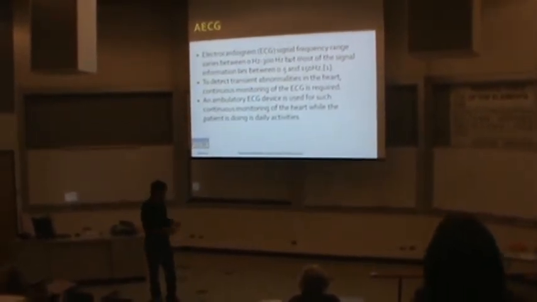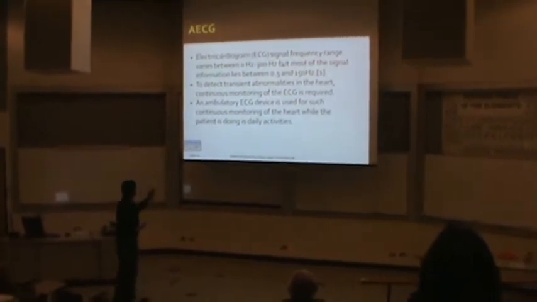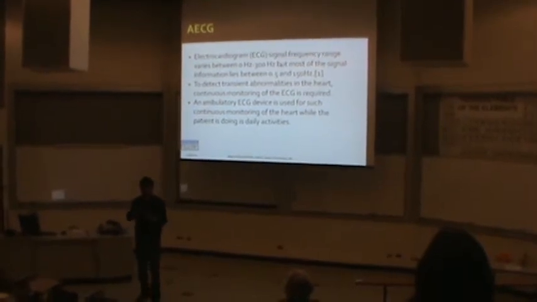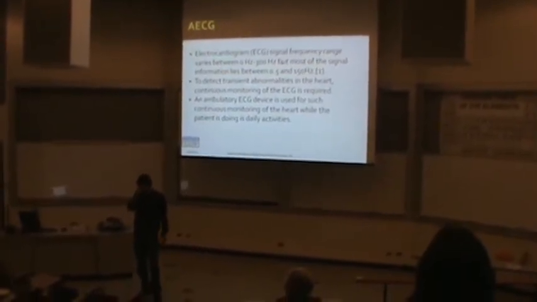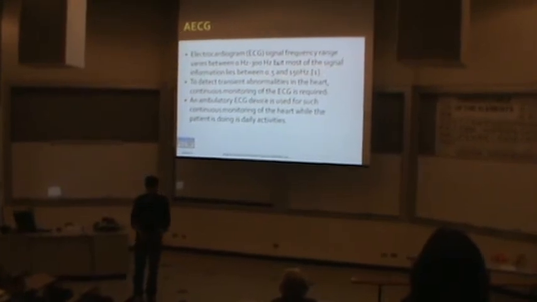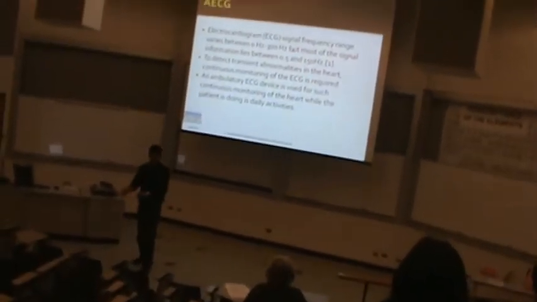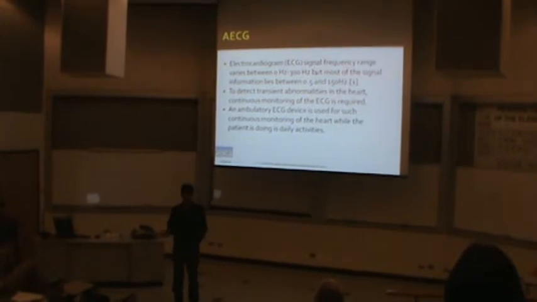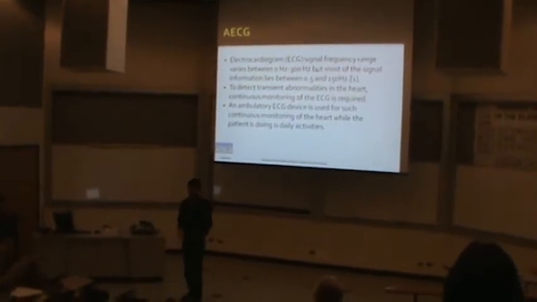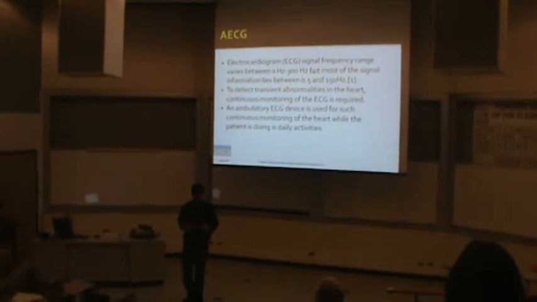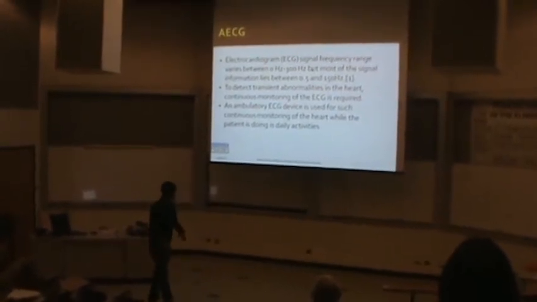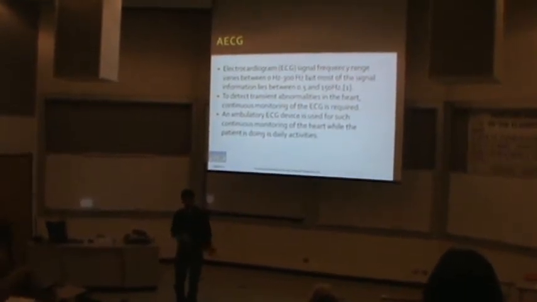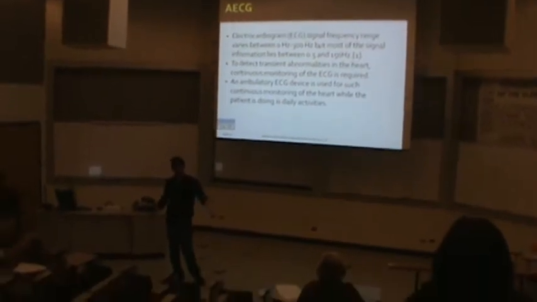This is done because many diseases of the heart need continuous monitoring. They're very transitory. They come and go. So you can't expect a normal person who is doubtful of a heart disease to lie in the hospital for 2 days, 3 days. He's not sick, but he's doubtful of what his problem is. So he puts on the ambulatory ECG device and goes around. The device stores his ECG, which is later used by the doctors for analysis.